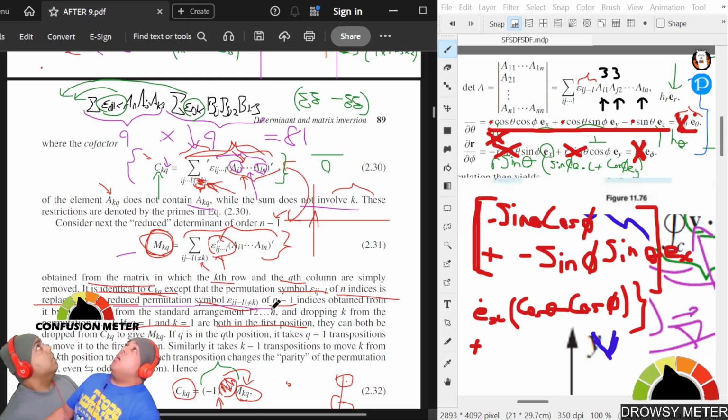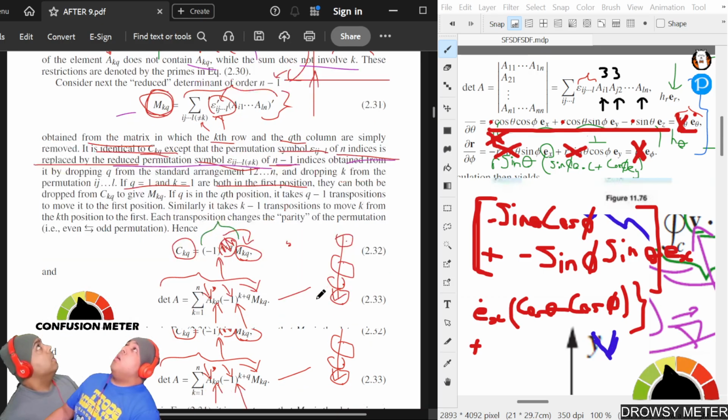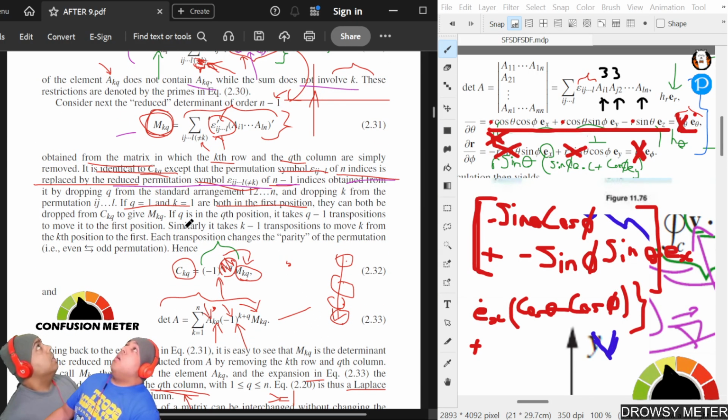The reduced permutation symbol has n-1 indices, obtained by dropping Q from the standard arrangement 1 to n, and dropping k from the permutation ijl. If Q equals 1 and k equals 1, both in the first position, they can both be dropped from CKQ to give MKQ. If Q is in the qth position, basically